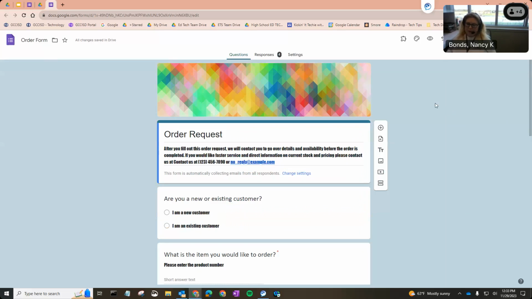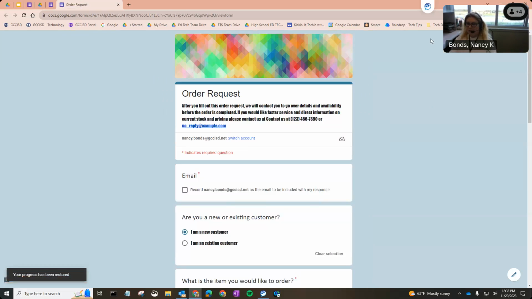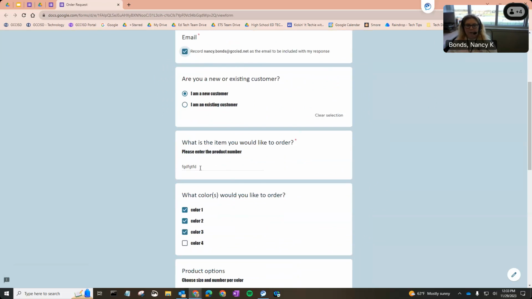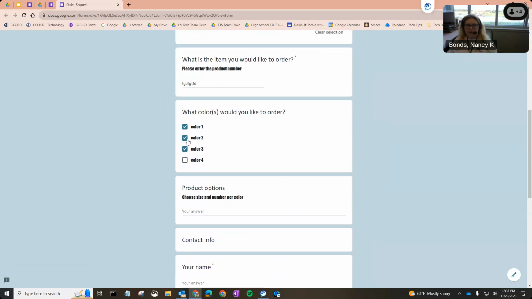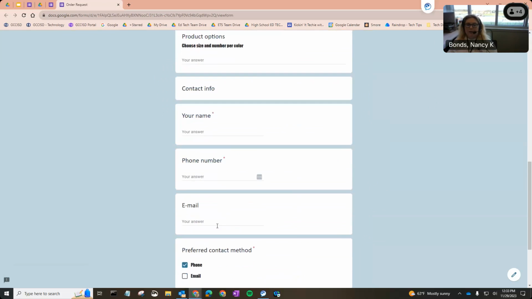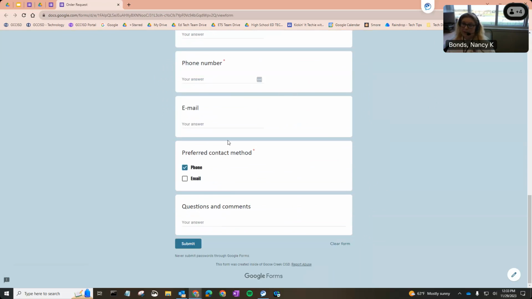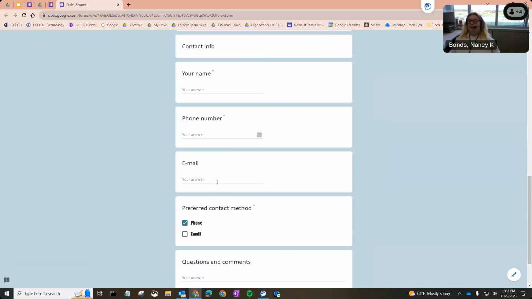Now, before you send out or share your form, one thing that I highly recommend is previewing your form. Right next to the customize theme button is an eyeball, and that's to preview. When you click that, you see what the form looks like from the recipient's point of view, from your students or from your coworkers, whoever you're sending it to. And it actually lets you fill out the form. It lets you type in, it lets you select a response. So that way you can see what the responses look like,